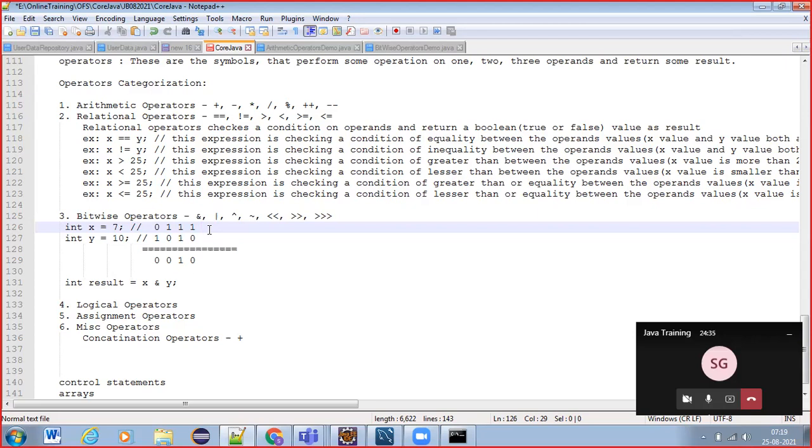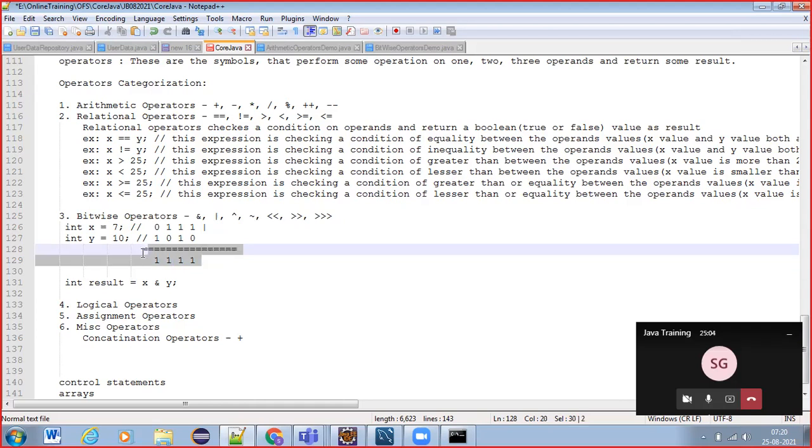Okay. Now, if I write or, then if either one is true, the result will be true. So 1 or 0 is 1. 1 or 1 is also 1. 0 or 1 again 1. If both are zeros, then only we'll get false, 0, right?